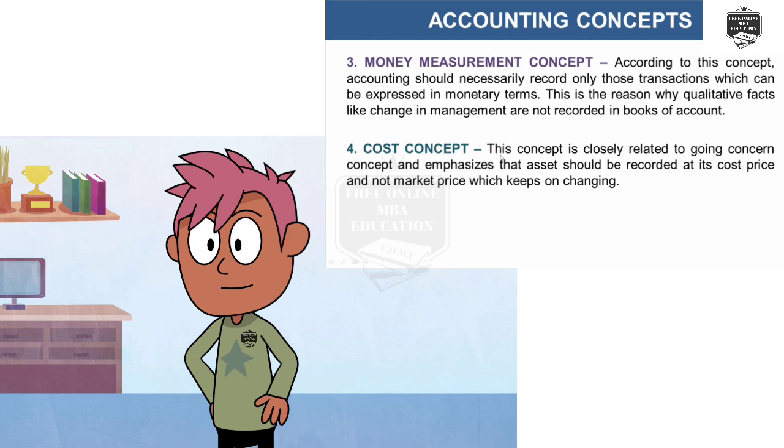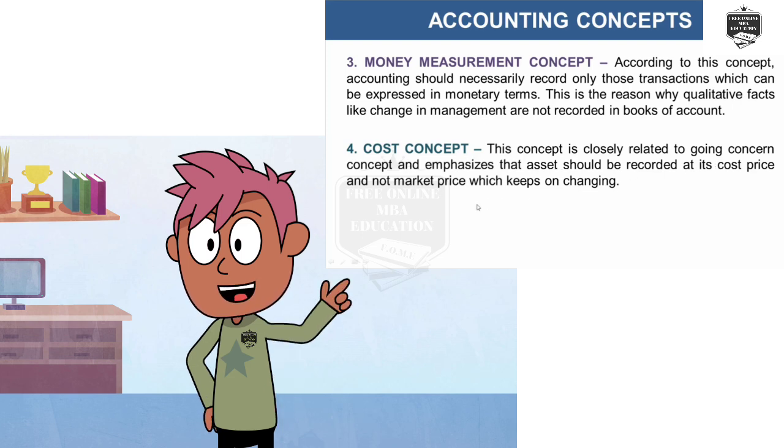Then there is cost concept. This concept is closely related to going concern concept. So we already studied about going concern concept, and cost concept is generally related to it because it emphasizes that asset should be recorded at its cost price and not the market price, which keeps on changing. So whenever we are taking any asset for business purpose, it must be recorded at the cost price, and then